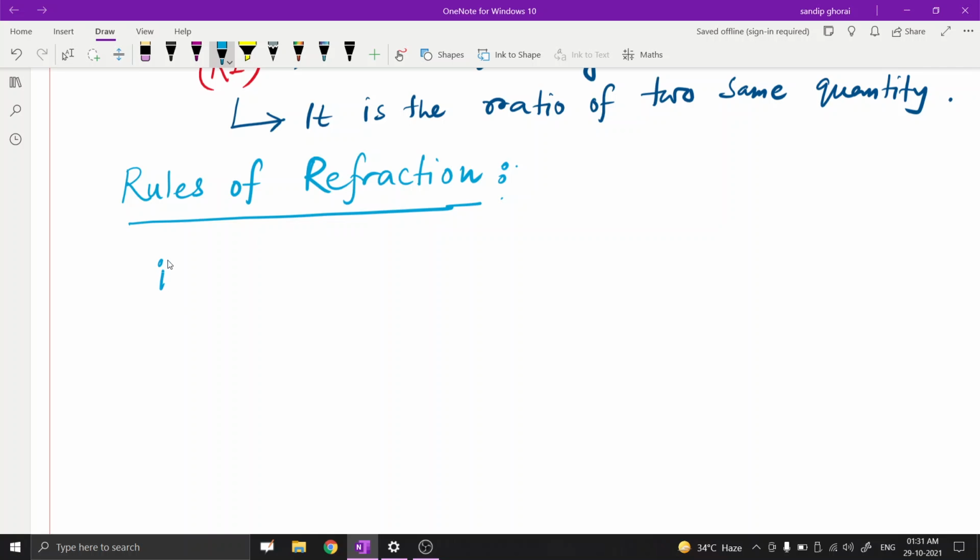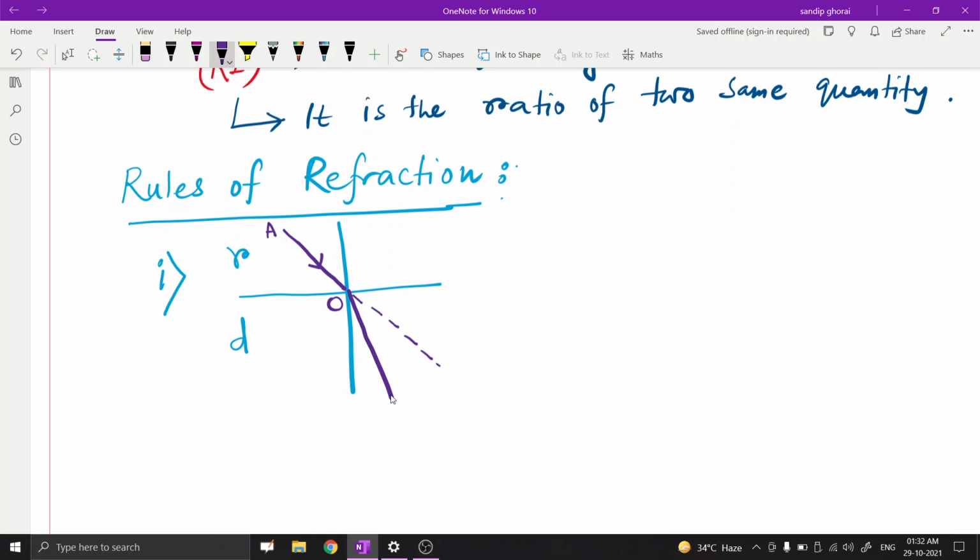So the first rule is, if light travels from a rarer medium to a denser medium obliquely, that means AO is the incident ray, and this ray travels from a rarer medium to a denser medium, say air to water,